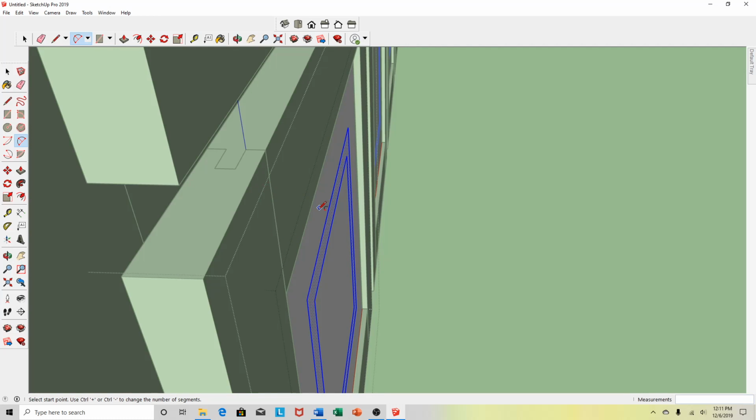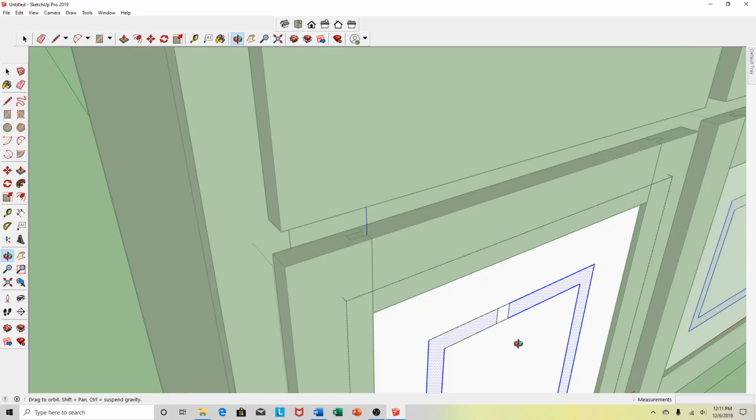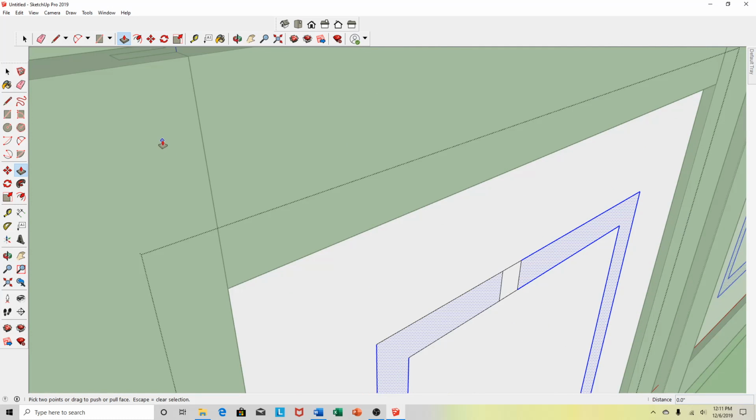Actually, this is hard to do. That's the way I do it. Let's see. Take the rectangle tool, create a small rectangle here. The designing idea, you can come up with so many different kinds of ideas to create these kinds of things, but there is no such thing. I'm just going to be